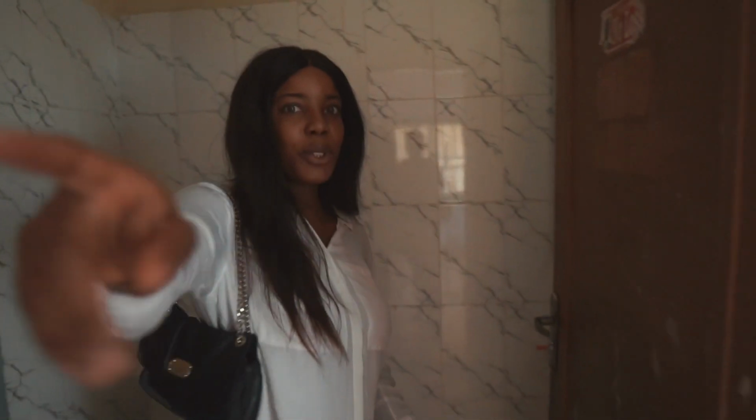Okay, let me show you guys. It's pretty dark, but you have the toilet behind the door. You have the sink here. My favorite thing about this bathroom is just the tiles. I realized that most people, when they tend to build apartments, kind of forget the bathroom. You see a fine apartment, but then you go to the bathroom and you're like, please build this place again. So for this, I would commend the tiles. But the bathroom itself,